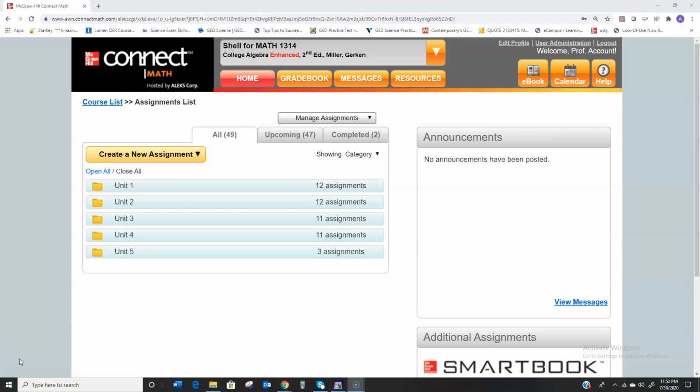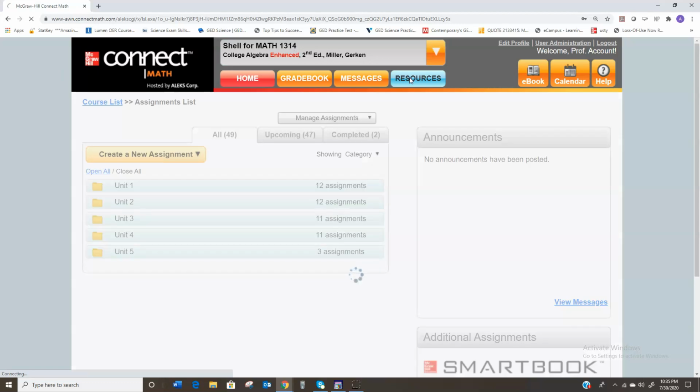So, for that matter, you could do that for classes that don't use McGraw-Hill at all or Pearson at all. So keep that in mind if you use WebAssign or Hawkes or anything else. As long as you can find a Connect Math book that has the same content, then you can use their TestGen. So I'm in a class in Connect Math, and if you go to Resources,